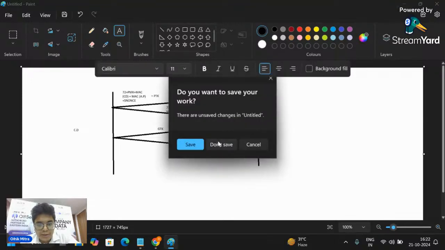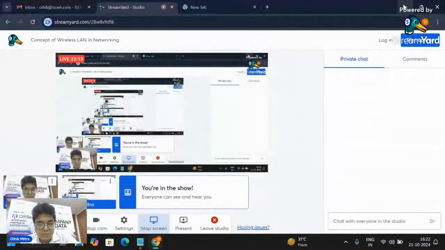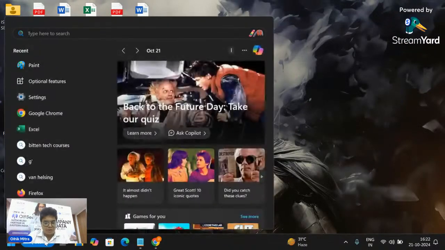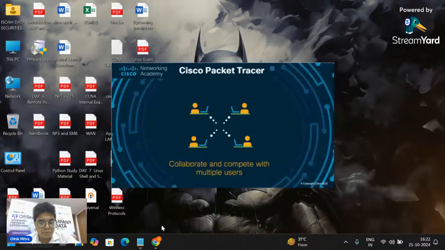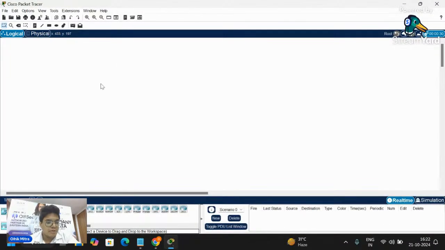Okay, so let me open Cisco Packet Tracer. So this is Packet Tracer. What we'll do is bring a switch, and a device, this one, and we'll also bring a DHCP server.